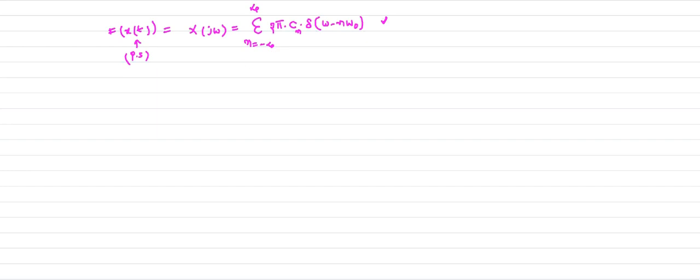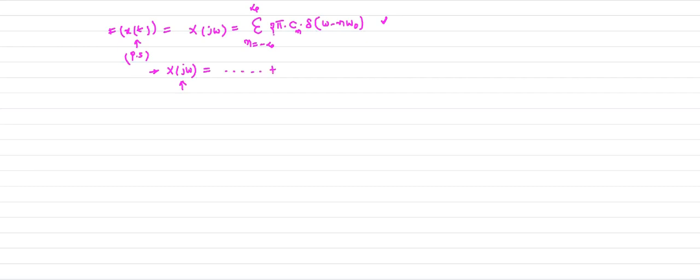So I can elaborate this result. This is the summation, so I can represent your X of j omega. I am going to plot X of j omega versus omega, because there is an important conclusion from that plot. So for that I just elaborate this expression. This summation is ranging from minus infinity to plus infinity, and so on.